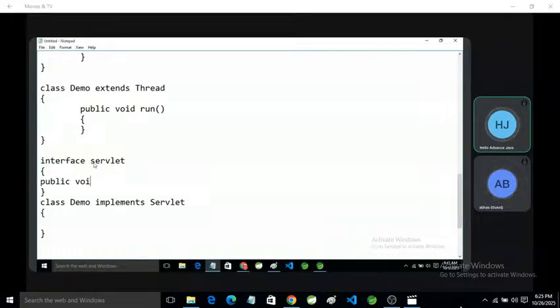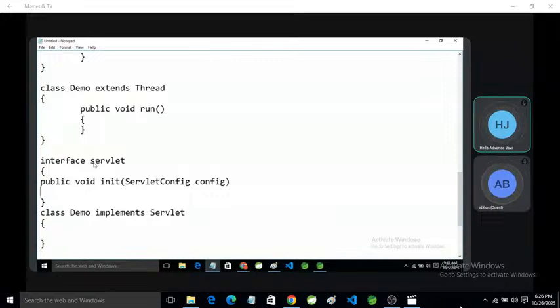The first is public void init, which has a single parameter, ServletConfig, and ServletConfig is also an interface. The second method is public void service, and here there are two parameters.